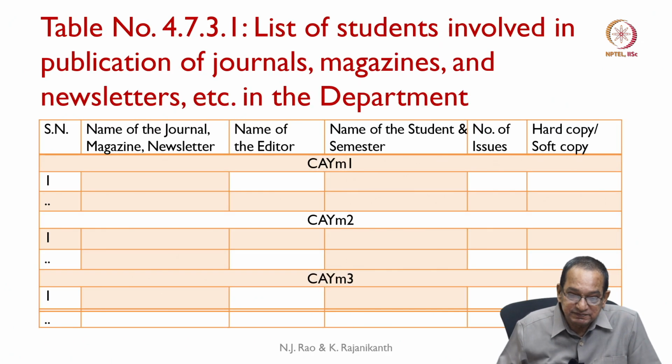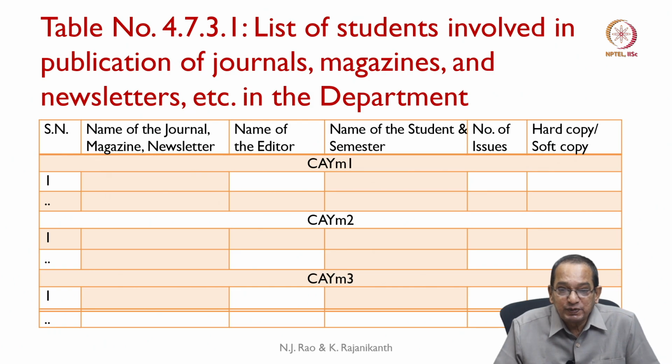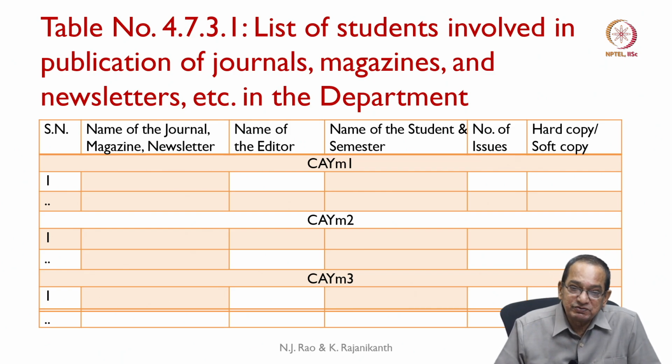This information is provided in the form of a table, for a journal, magazine, or even a newsletter. In fact, it would be a good practice to have a newsletter brought out completely by the students. A student editorial board with a student as the chief editor, with of course the guidance from the faculty, but it could be an entirely student initiative. They could bring out a technical magazine, perhaps once or twice a semester. Bringing it out every month would perhaps be too difficult, but bring out some kind of student magazine